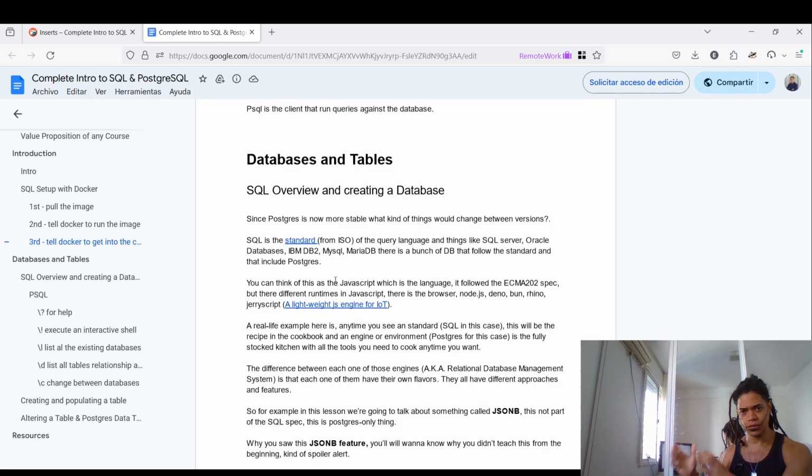Postgres, MariaDB, MySQL, SQL Server, each one of them has their own flavor, their own approach and tool to solve problems. But the reason why we're looking at Postgres is also because of Brian Holt, a software